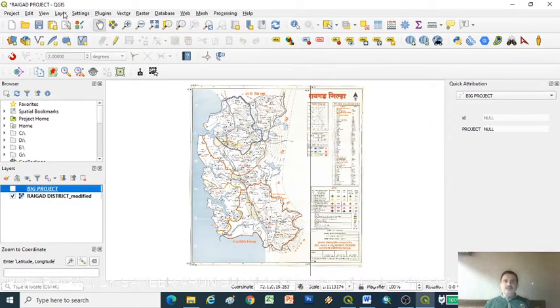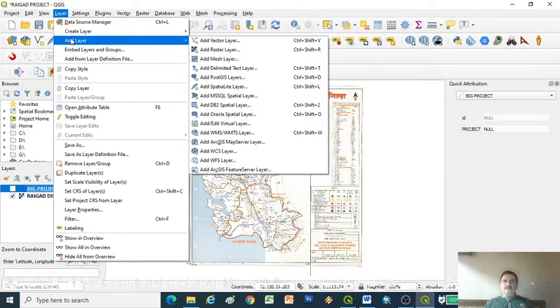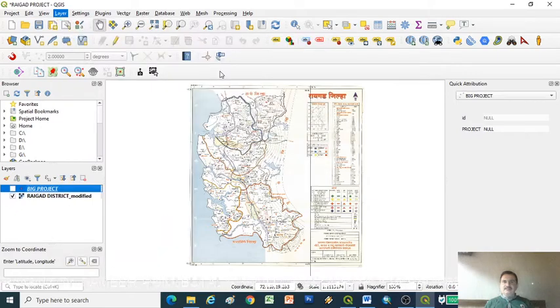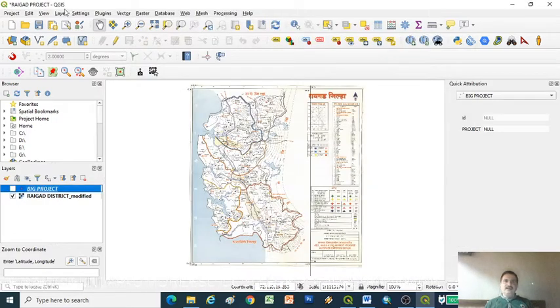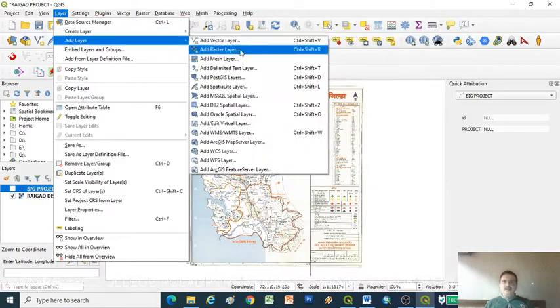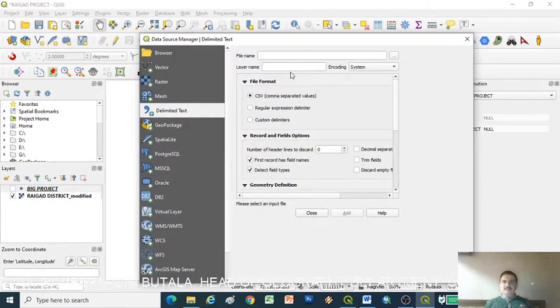Then go to Layer, Add Layer, and choose Add Delimited Text Layer.